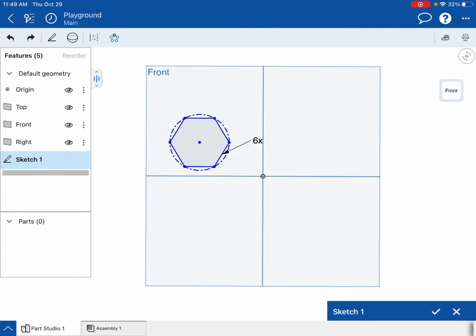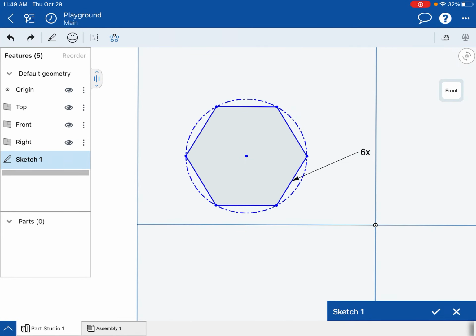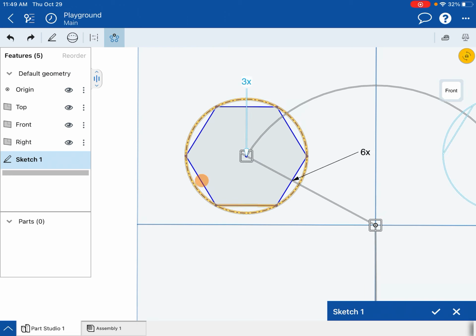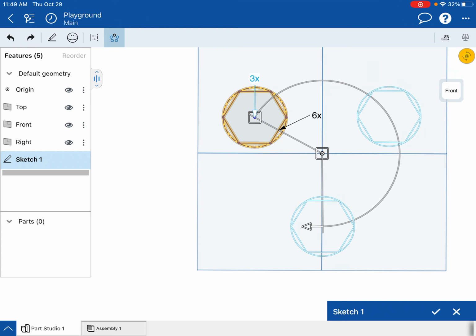Hey everybody, we're going to look at the circular pattern tool, which is similar to a rectangular pattern tool. I'm going to go to my sketch tools, find circular pattern, and again, if I want it based on the center of my polygon here, then I'm going to want to choose the circle as my starting point. And you'll notice right now that it has